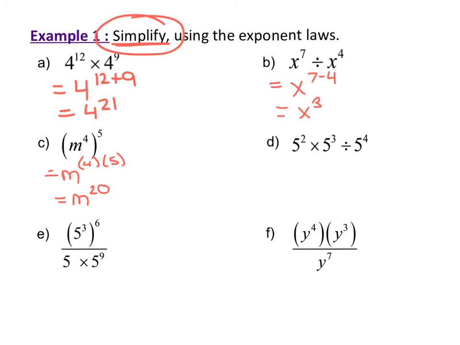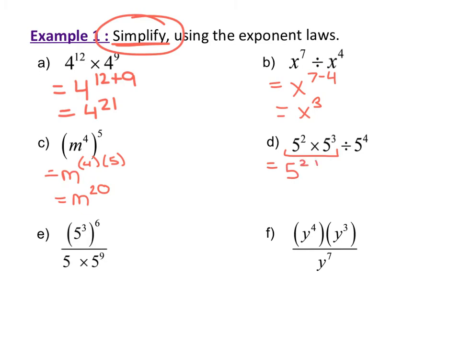Now, if we were to look at D, E, and F, in the order, you still want to think order of operation, okay? But does it matter if you do division or multiplication first? It doesn't matter, right? Does it matter if you do division and addition? Which one goes first? Division goes first, right? That matters, okay? So division and multiplication, it doesn't matter. So in this situation for D, I'm just going to work from the beginning of the equation and work my way backwards, okay? So here, we end up getting 5,